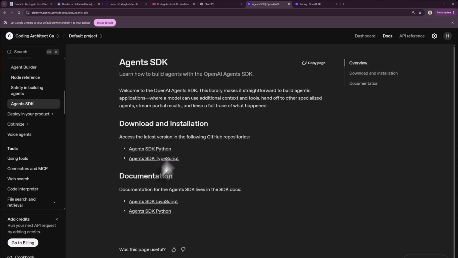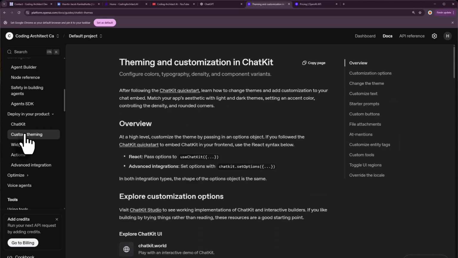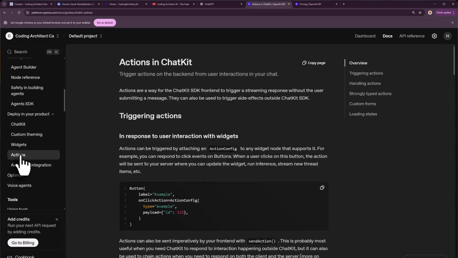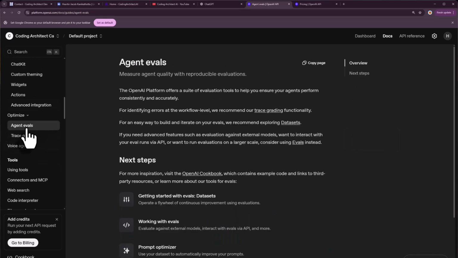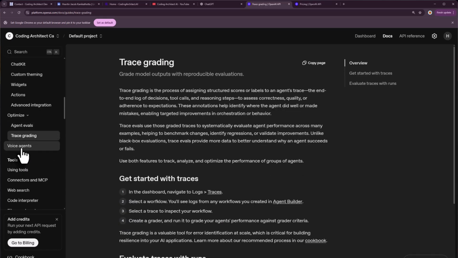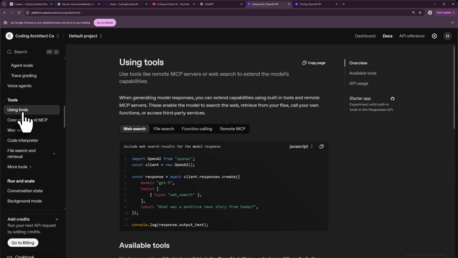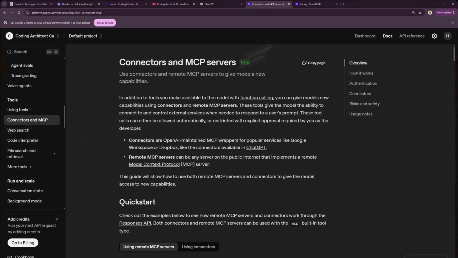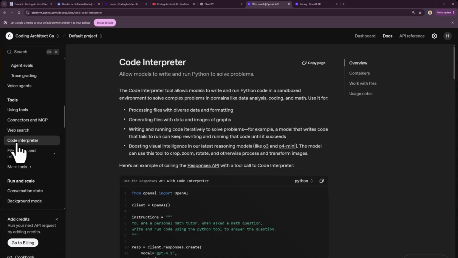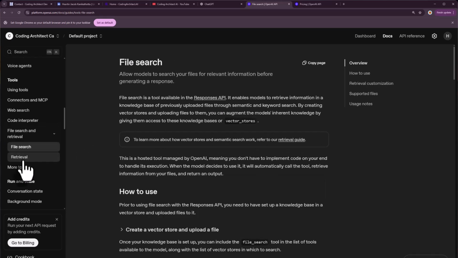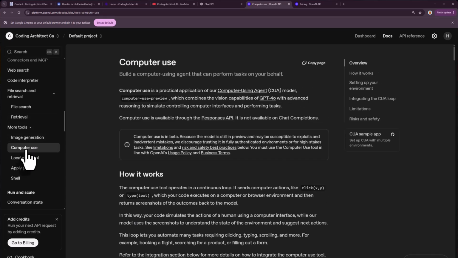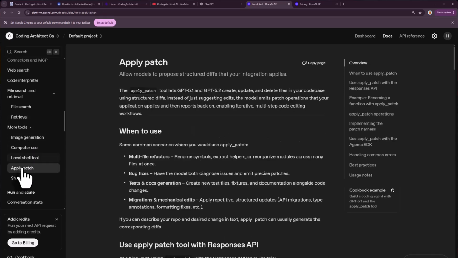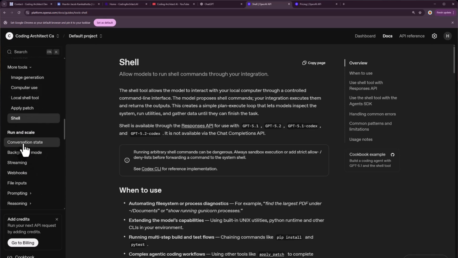You have it in JavaScript and Python, deploying your project, ChatKit, custom theming, widgets, actions, advanced integration with ChatKit, optimizing, agent evals, trace grading, voice agents, using tools, connectors and MCP servers, which is currently in beta, web search, code interpreter, file search, retrieval, more tools, image generation, computer use, local shell tool, apply patch, shell, run and scale,